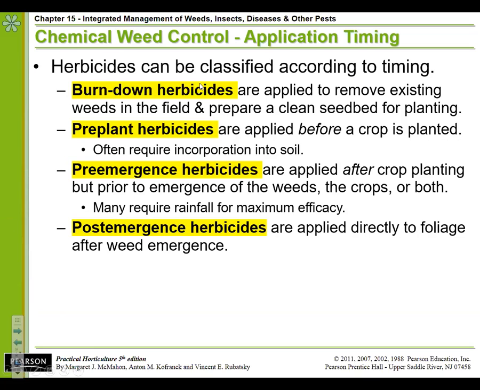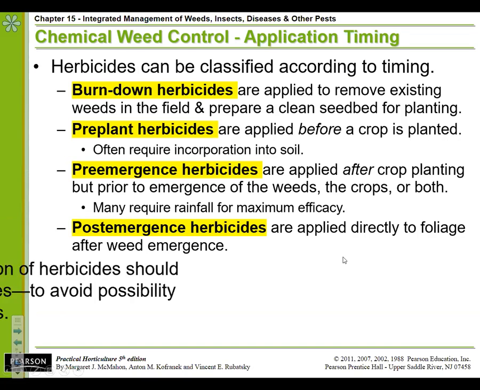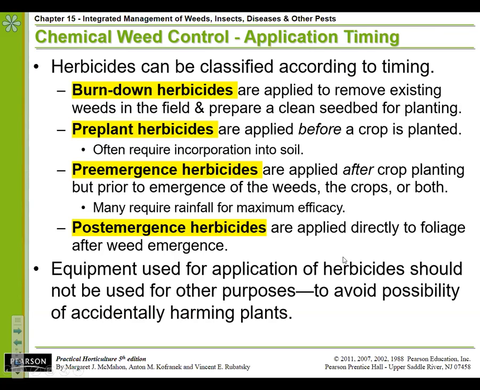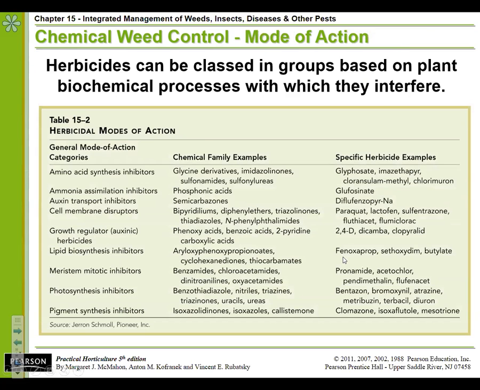Post-emergence and burn down, a lot of these categories actually overlap. So the post-emergent herbicides are applied directly to the foliage. You have to get really good coverage of the weed for it to actually control it. There's all kinds of different equipment that we can use to control weeds as well, whether that's a backpack sprayer, a tractor mounted sprayer, a broadcast, spreading granules of, say,